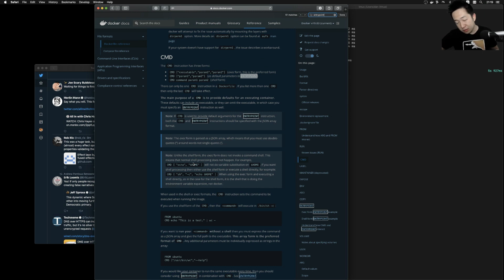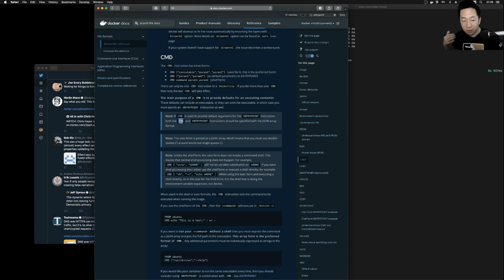Essentially, when you write a Dockerfile, you can specify an entry point, and then when you run the Docker container, the entry point will be the first thing that gets run. In addition, you can pass all the command line arguments to whatever you specify as entry point. You can also use the command directive to specify some default argument. And the thing that I really wanted to solve at work today is trying to run